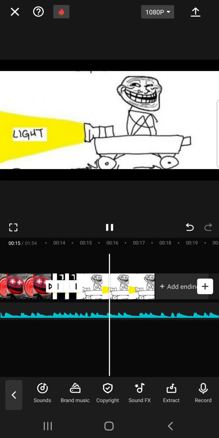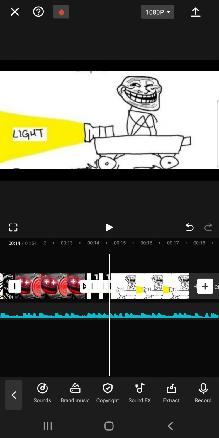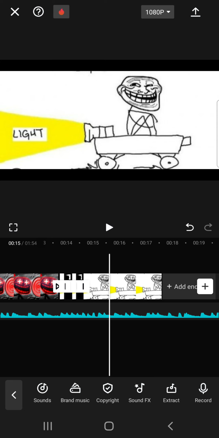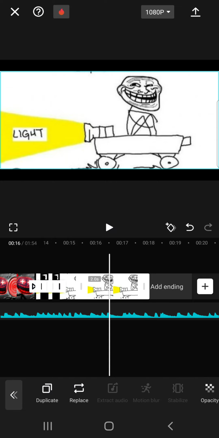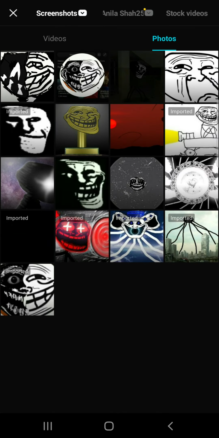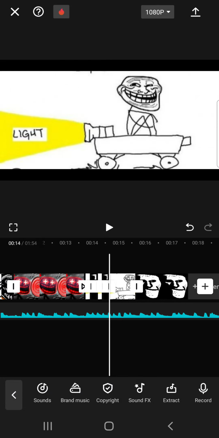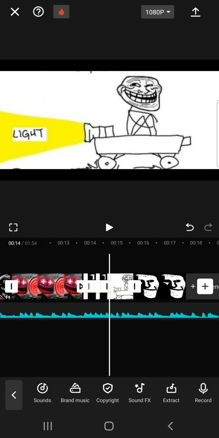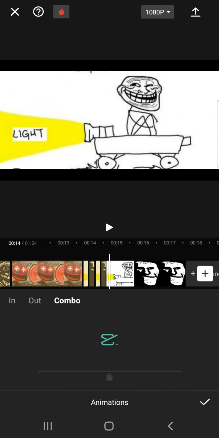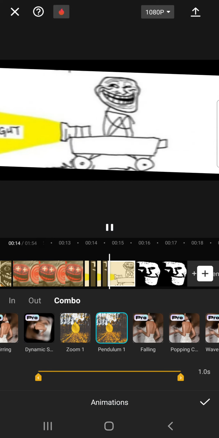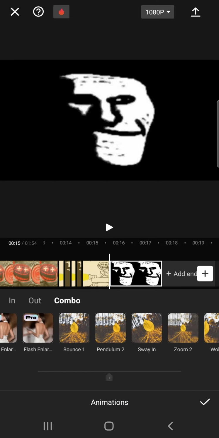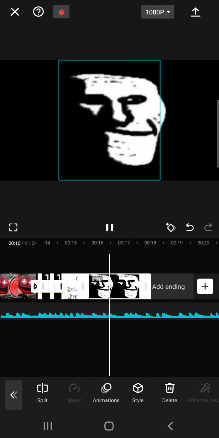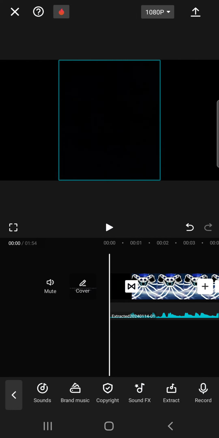So split, then change this, replace this, and then make it this. Let's see, so this is going to be pendulum 1. Pendulum 1. Then pendulum 2, where is it? There we go. So if you look at this,